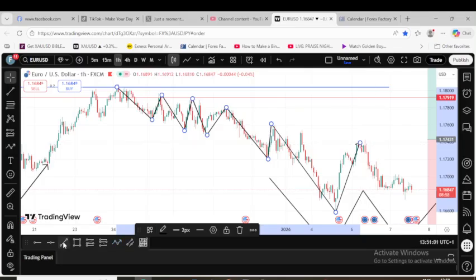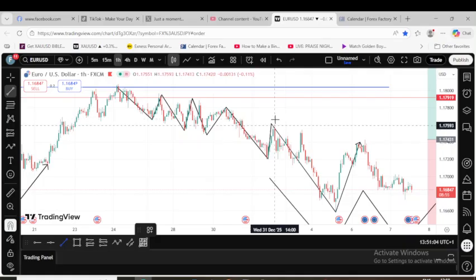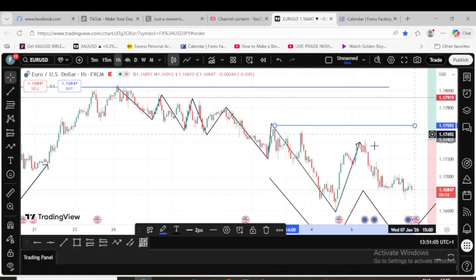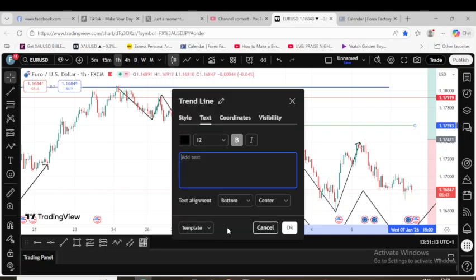So this is our previous confirmed high. Let's change the color so that we don't mix it up. So then this is our H1 previous lower high. And the relevance of marking this out is that once there's a break,